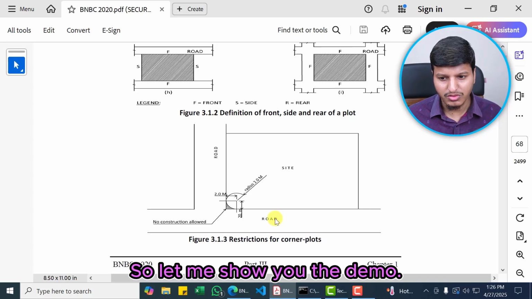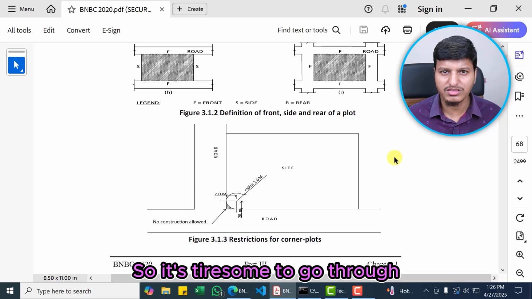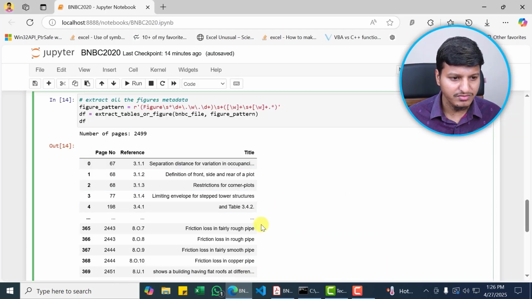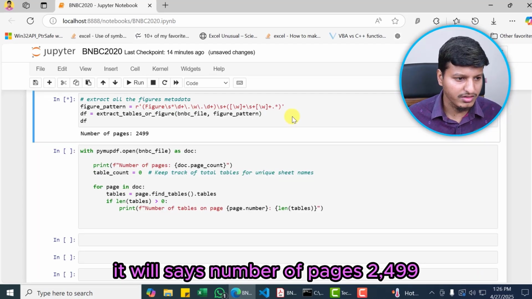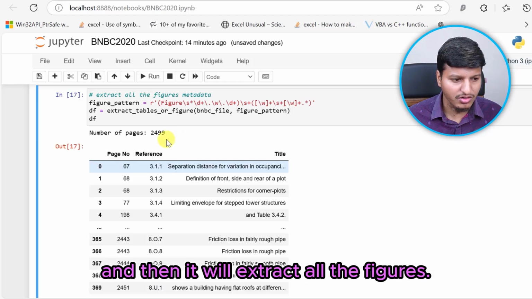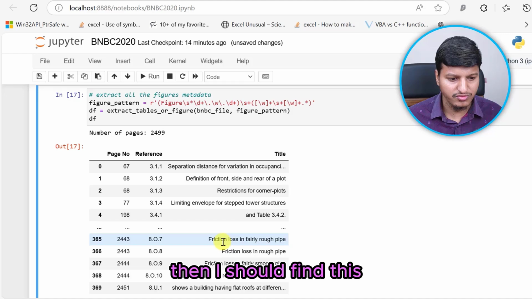Okay, so let me show you the demo. This PDF is almost 2500 pages long, so it's tiresome to go through each of those pages, right? So if I just run this particular code, it will say number of pages 2499, and then it will extract all the figures. So you can see, if I just go into 2443, then I should find this friction